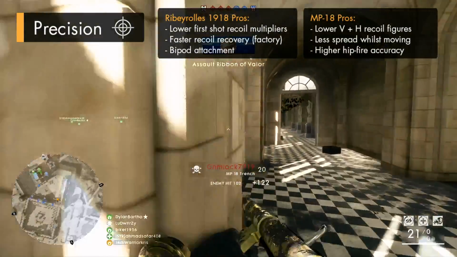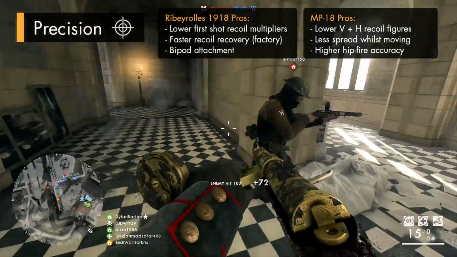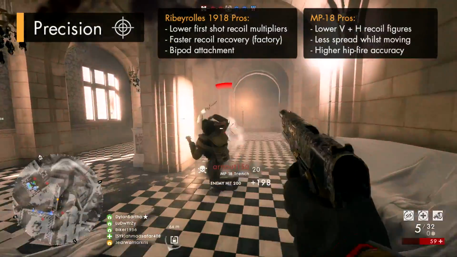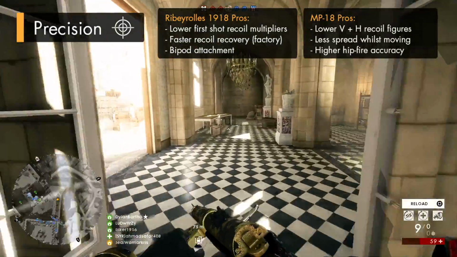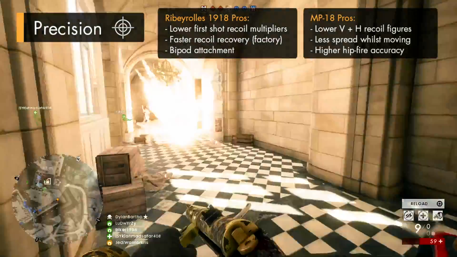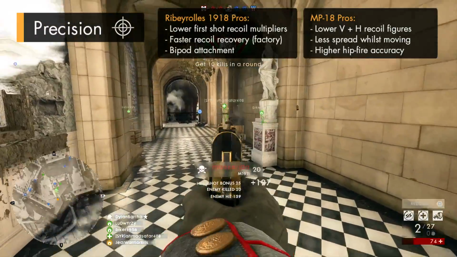This paints a pretty clear picture for us to see that the Ribeyrolles is basically going to kick around more violently as you squeeze that trigger, and it's also going to be a bit more accustomed to missing shots if you're shooting whilst on the move, due to it having some slightly higher spread stats when you're strafing around whilst firing. Another thing that gives the MP18 more effectiveness when it comes to precision is the fact that it's got